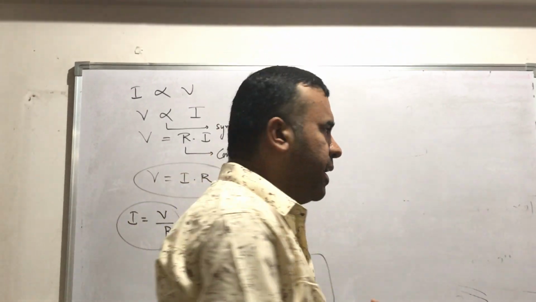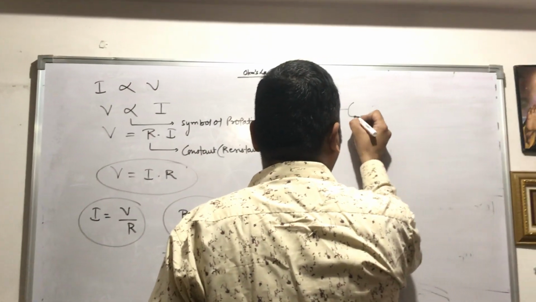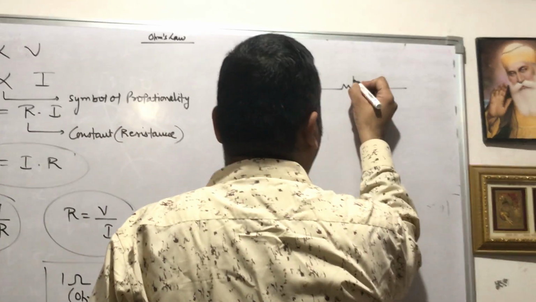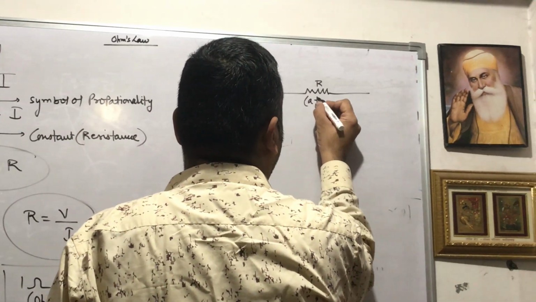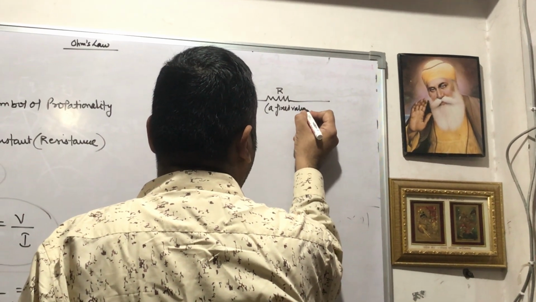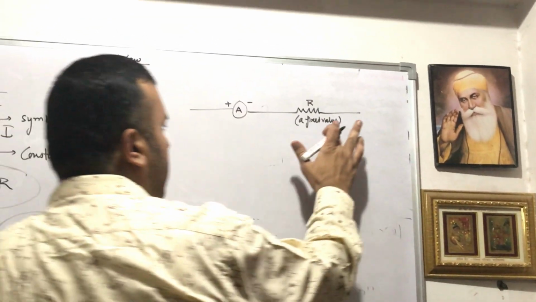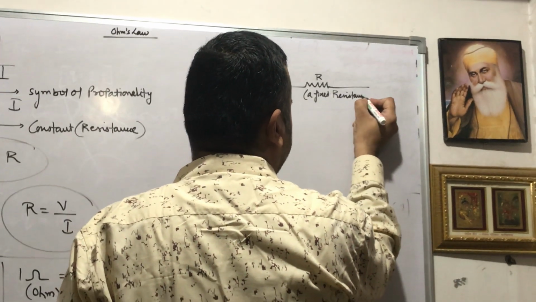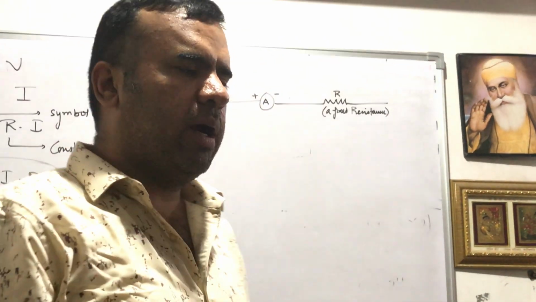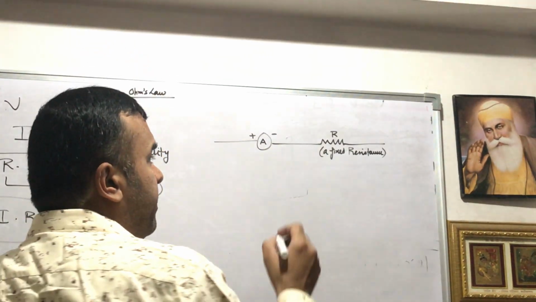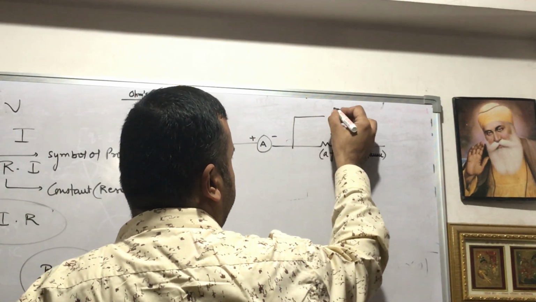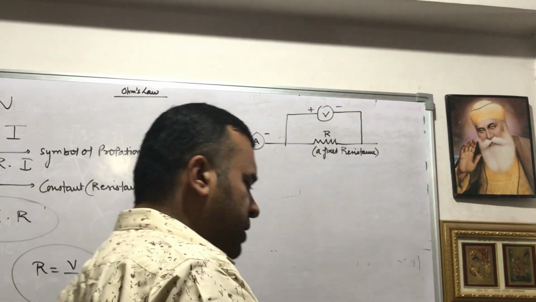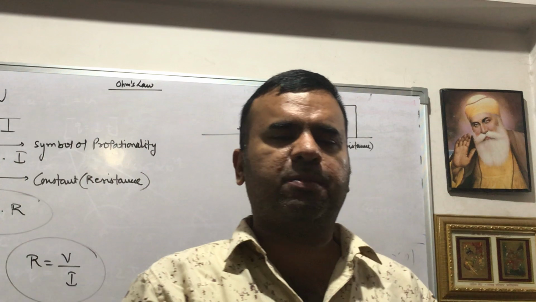For that we need a circuit diagram, right? We need an ammeter, a voltmeter, and a fixed resistance. If you have to do this experiment in class 10, I'll give you this fixed resistance, but I won't tell you its value. You will tell me the value of this fixed resistance, right? So a fixed resistance is denoted by capital R. You have to keep one thing in mind, that the ammeter is always connected in series with the fixed resistance and the voltmeter is always connected in parallel. We will study series and parallel later on in the chapter in detail.